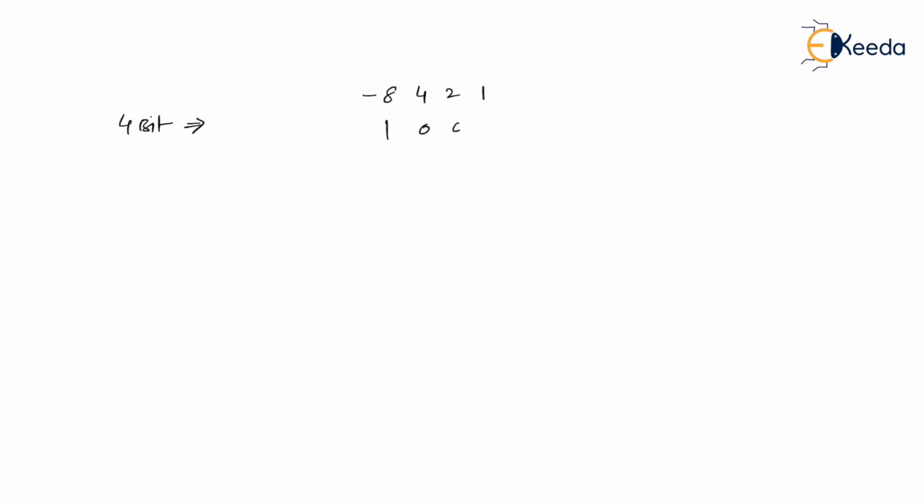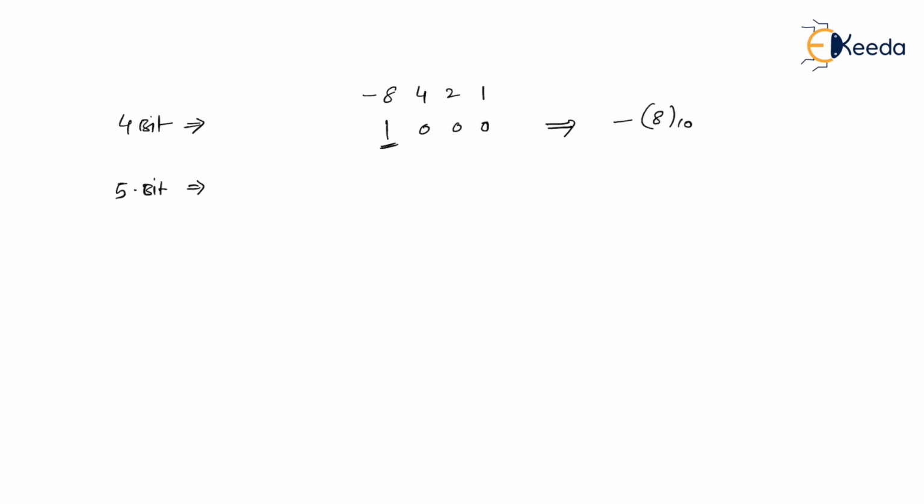So below -8 we write 1, rest of the bits are equal to 0. This 1 indicates, MSB equal to 1 indicates it's a negative number, and below -8 it is 1. Obviously the magnitude is -8 to the base 10, right? So the size of the number that you can see is 4-bit. Now I want to increase to 5-bit. It could be my requirement to represent -8 to the base 10 by using 5-bit.